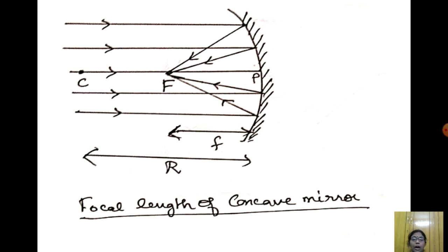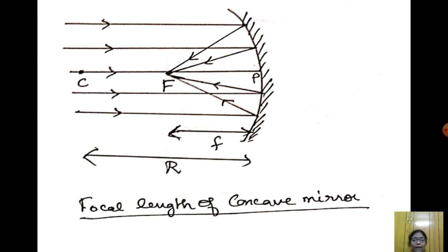Now let us consider a parallel beam of light that is made to fall on this reflecting surface. We have to imagine a light ray traveling through CP; that is called the principal axis. The light ray will be reflected in the same direction. Then the rays parallel to the principal axis are also made incident on the spherical surface. After reflecting, they will be focused at the point capital F. This is called the focus point.